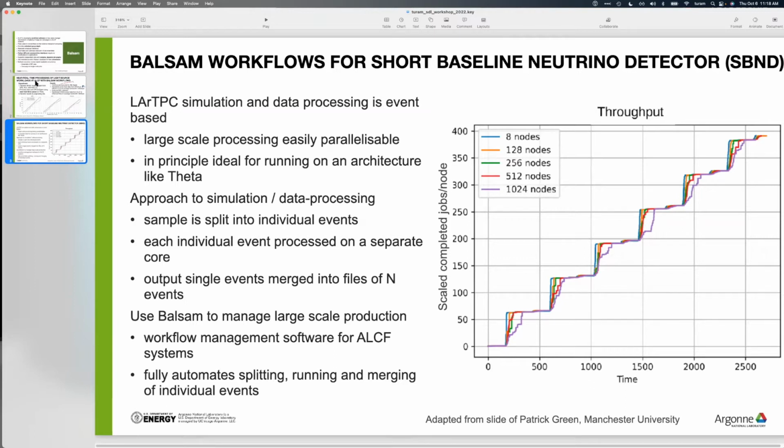And you see some drop off in terms of the throughput at the larger scale. In subsequent work, I think the scalability was improved beyond what's shown in this plot, and in fact extended beyond 1,000 nodes to all of Theta. So